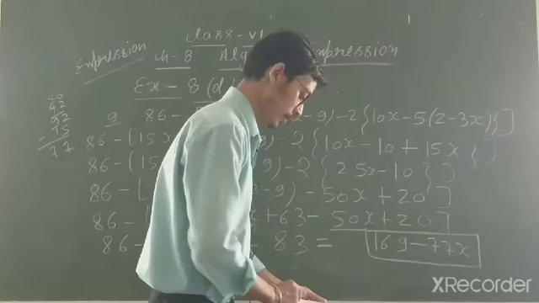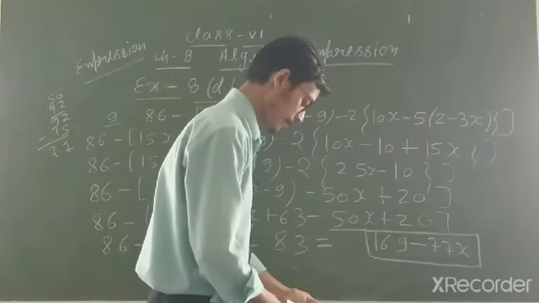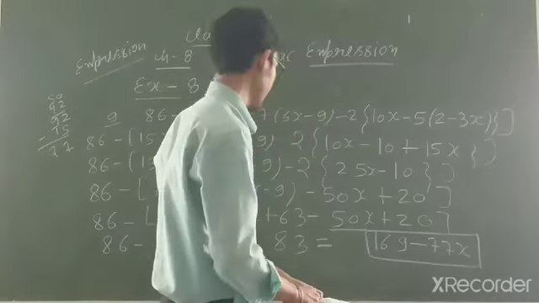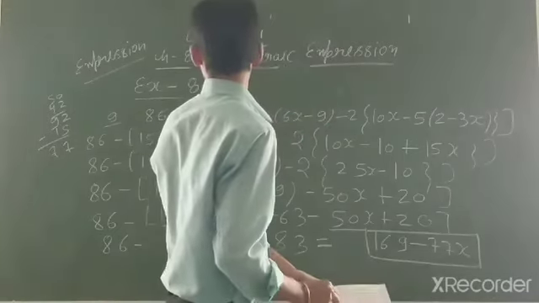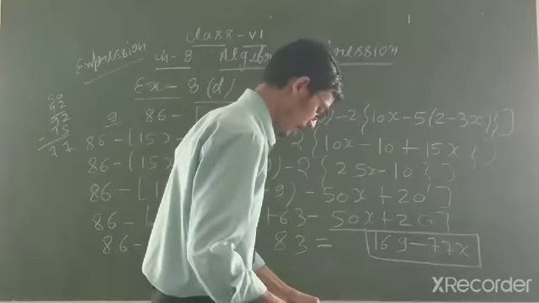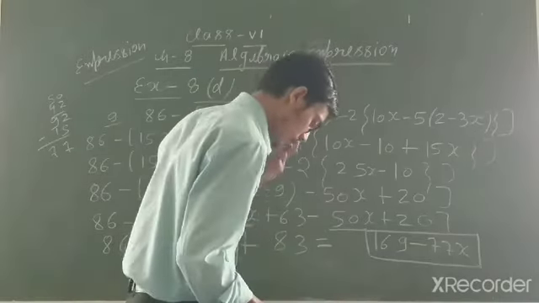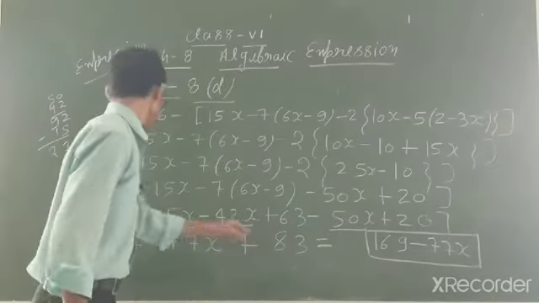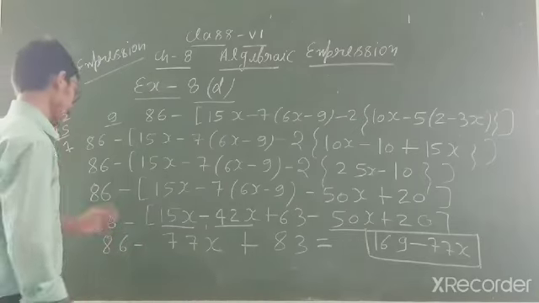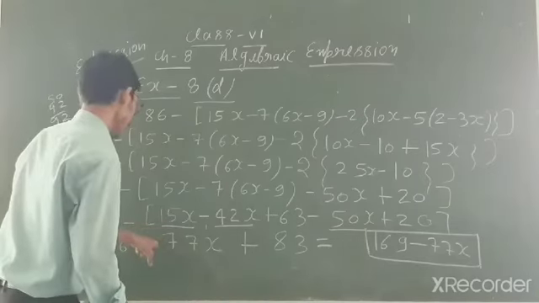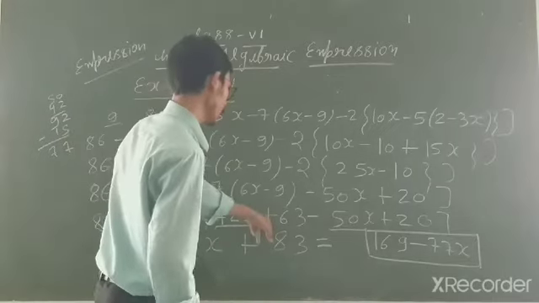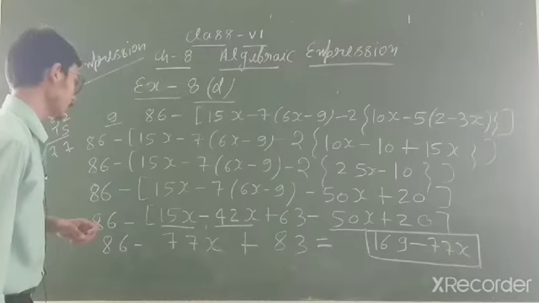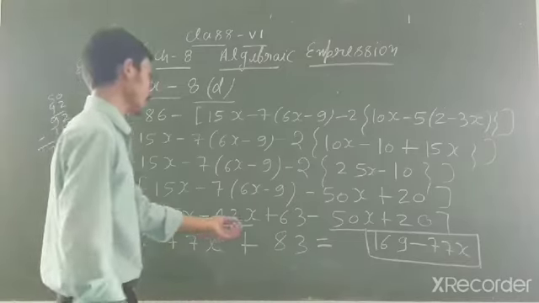Now in 8D you will solve all the questions based on this, because all questions are based on the same pattern. Clear, student? This question 8D, question number 9. I think there is some mistake in this question. Minus sign is given, student. Sorry. Minus sign is given here. So 63 and 20. First you will solve bracket 63 and 20.